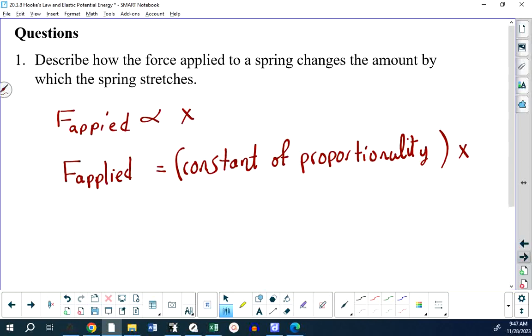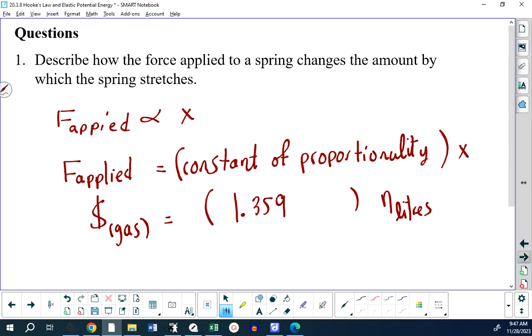Right, just to give you an illustration of what I'm talking about, the cost of gas at the pump is related to the number of liters, and the constant of proportionality might be this number, because that's how much it is per liter. I mean, there's a number that connects these two. But just like if I go to a different gas station, this number might change. If I go to a different spring,